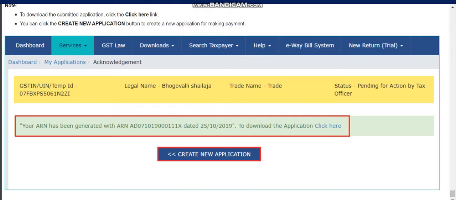So after that, what will happen? This ARN will be getting assigned to the jurisdiction officer, and then he can just go through your application, and then he can accept it, reject it, whatever the action he wants, he can take it, and that actions can be checked by you by going to my applications and by selecting the customized dates, like on what date you have filed the application. You can select, you can click on ARN, and you can see the complete details. It's completely transparent and easy process.